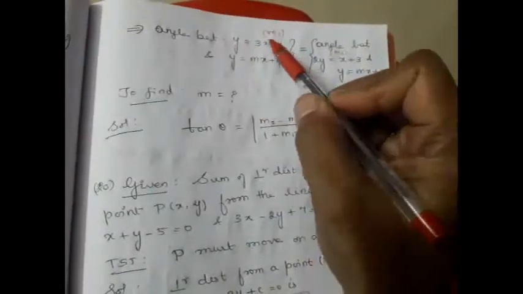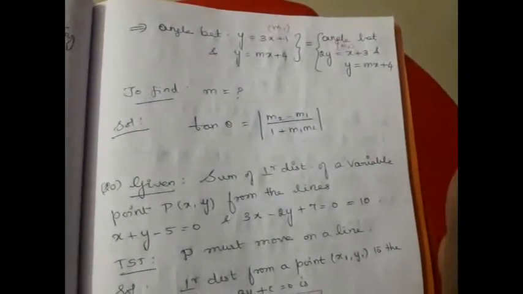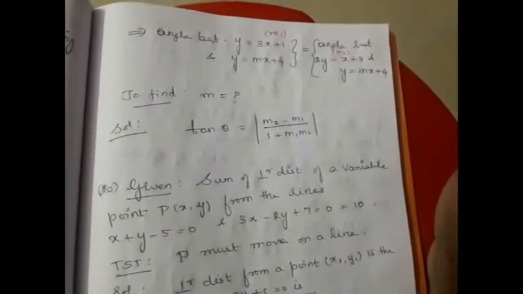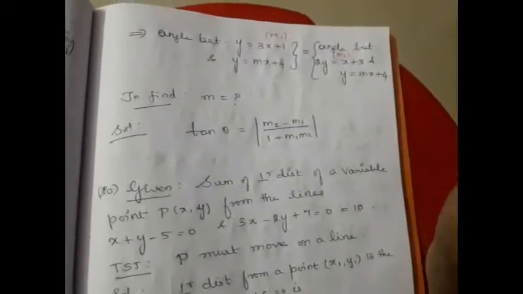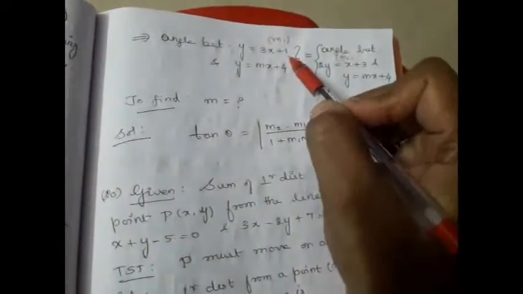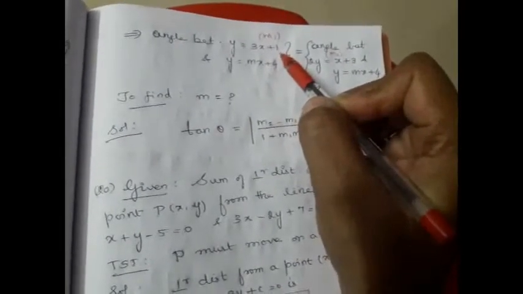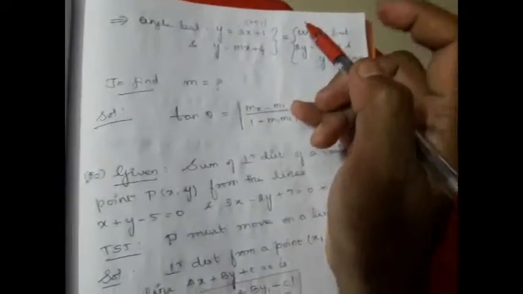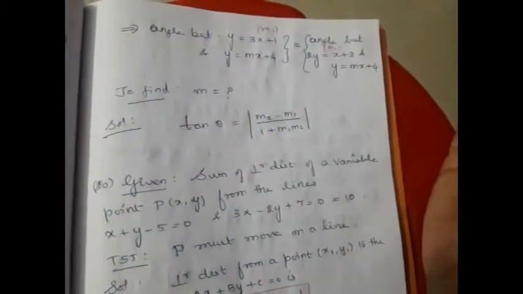Don't blindly go with whatever form is given in the question. The minus coefficient of x divided by coefficient of y is applicable only when the equation is of the form ax plus by plus c equal to 0. So first you should rewrite the given equation in the form ax plus by plus c equal to 0. Then you have to apply the minus coefficient of x divided by coefficient of y formula. And you should not directly apply it in whatever way it appears. Right? I wish to insist on this here.